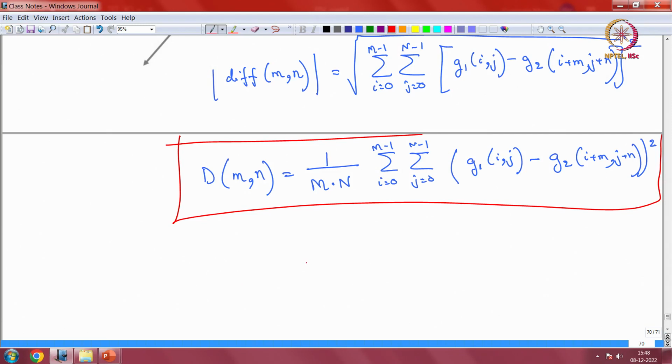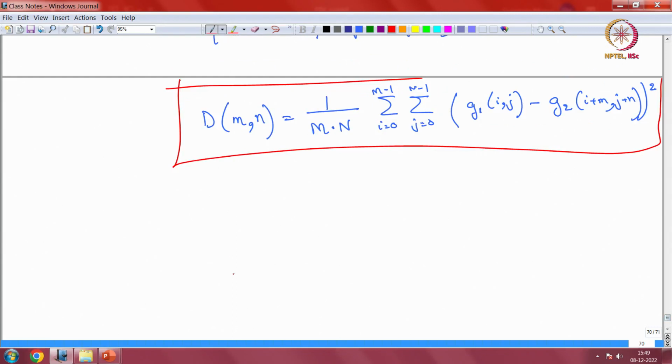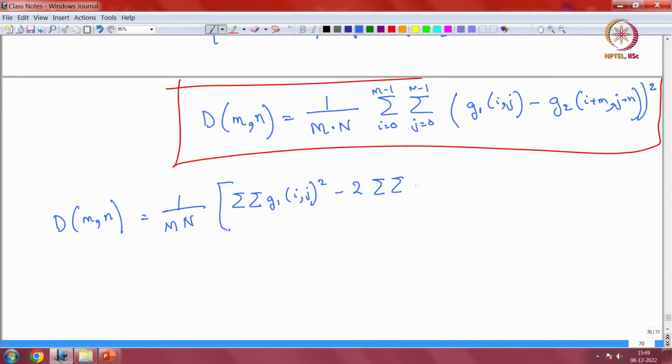Now there is another powerful tool, which is correlation based tracking, and it is actually very much related to my d m, and we will see how that is. So given this equation, we can expand this particular case. Let me do that. So my d m comma n, let me go ahead and expand that. I am not going to keep on writing i j because it is sort of understood, so I will just put summation signs, and I hope you will realize automatically what it means. I am going to expand this particular case, and what you end up getting is